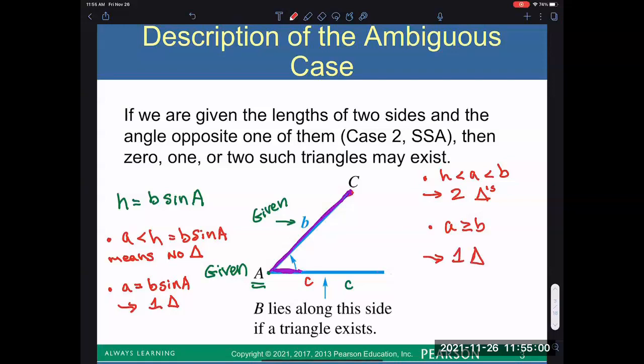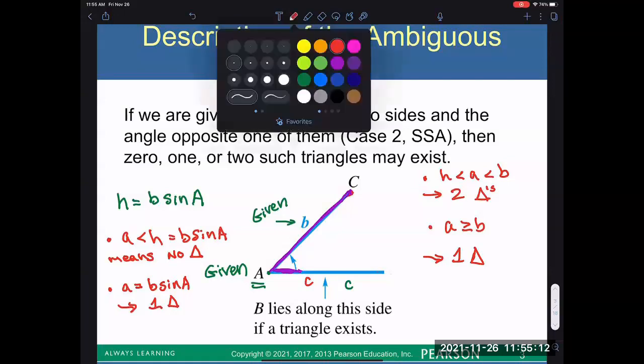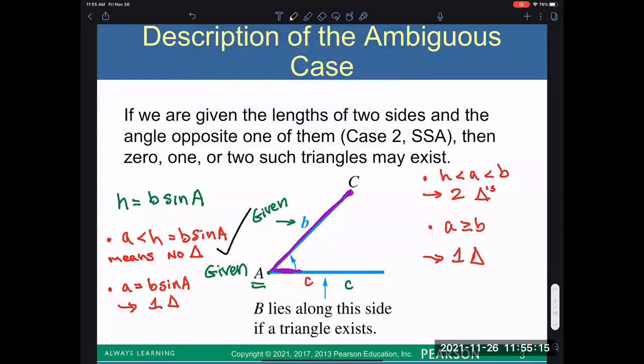So it really depends on the side lengths given and the angle given. But depending on what's given, the possibilities are that there's no triangle that can be produced. So maybe there's no triangle that can be produced, and that would happen if the A length is less than B times sine of angle A. The other possibility is that you have one triangle. That would happen if A is equal to B times sine of angle A, or if A is greater than or equal to side length B. In either of those possibilities, there's only one triangle that could be formed,